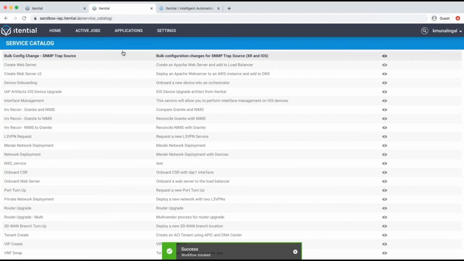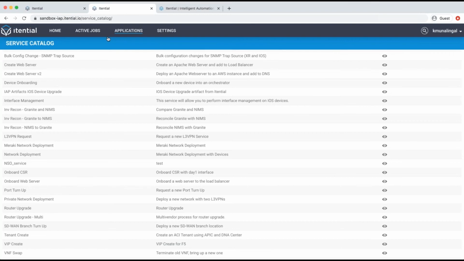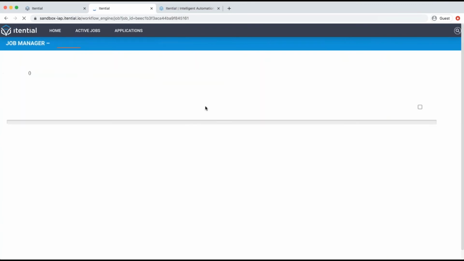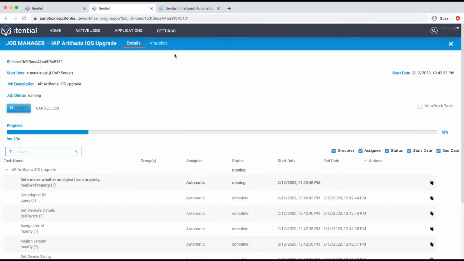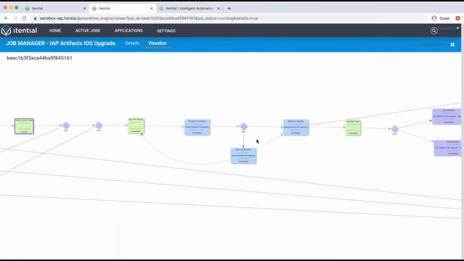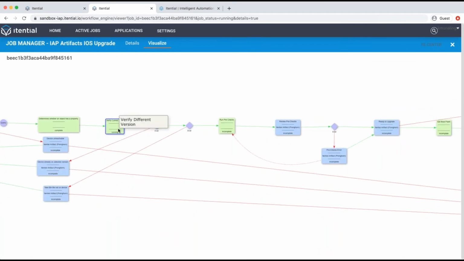So what this has done is a customer has requested an iOS upgrade on a network device, and we're going to active jobs and take a look at what's happening within the automation itself. I'm going to quickly go into the visualize screen to show you the layout of this automation. Right now it's executing this step within the flow, which is to verify the current state of